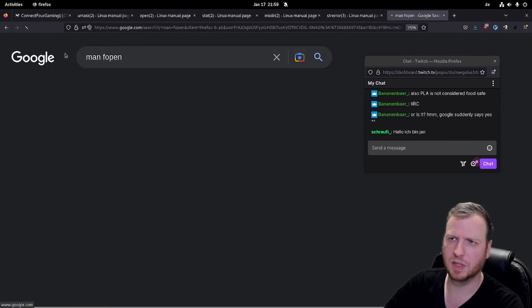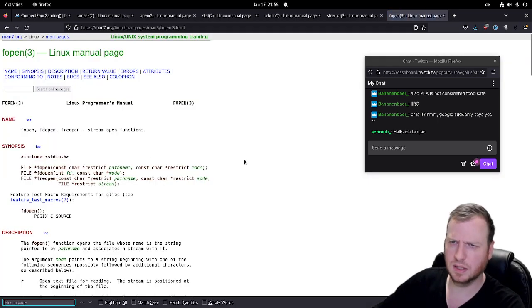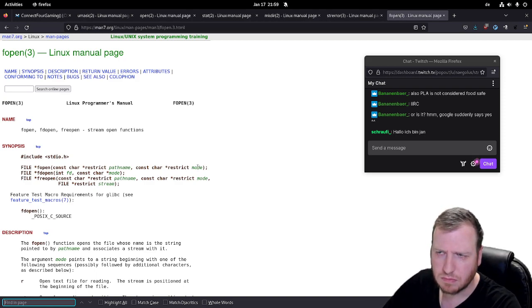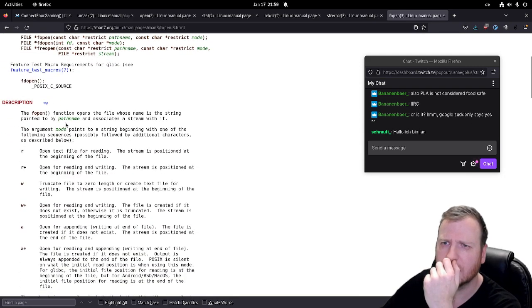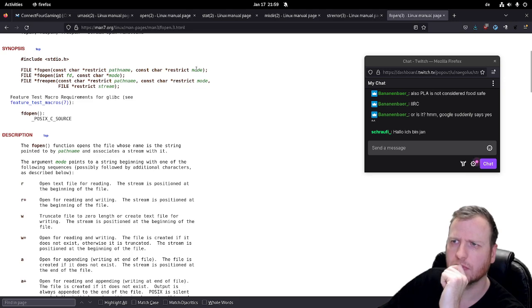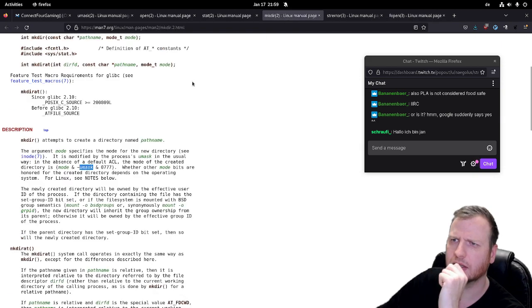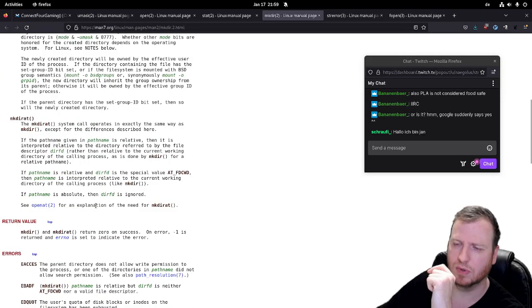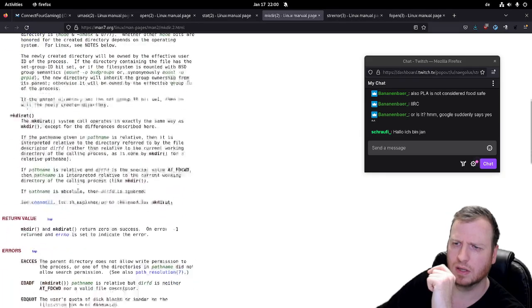Man page of fopen. And I think umask. This is the mode. Yes, fine. And the mode, that's strange. That's a different mode than here. Here we have a mode type mode. And a mode type is one of these